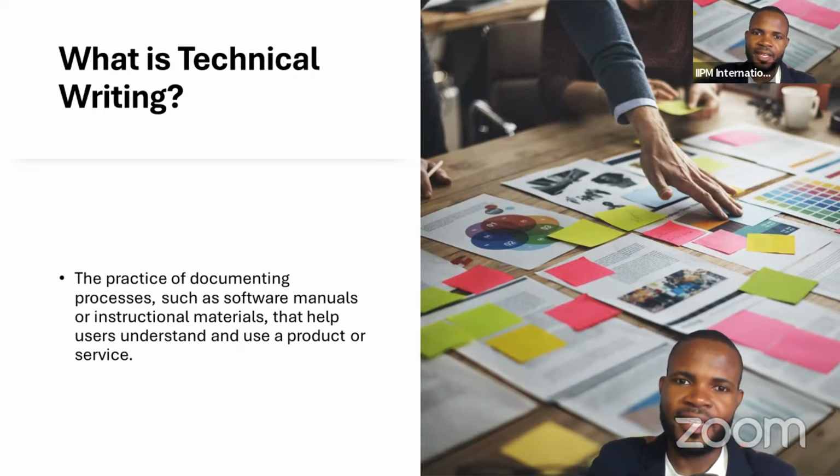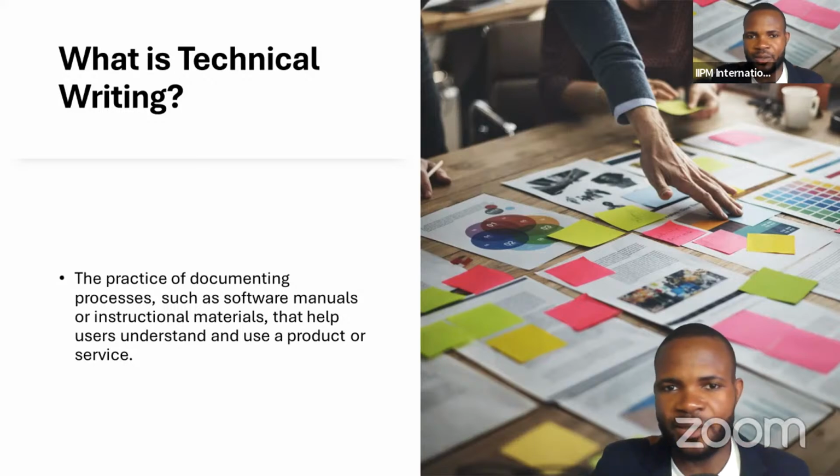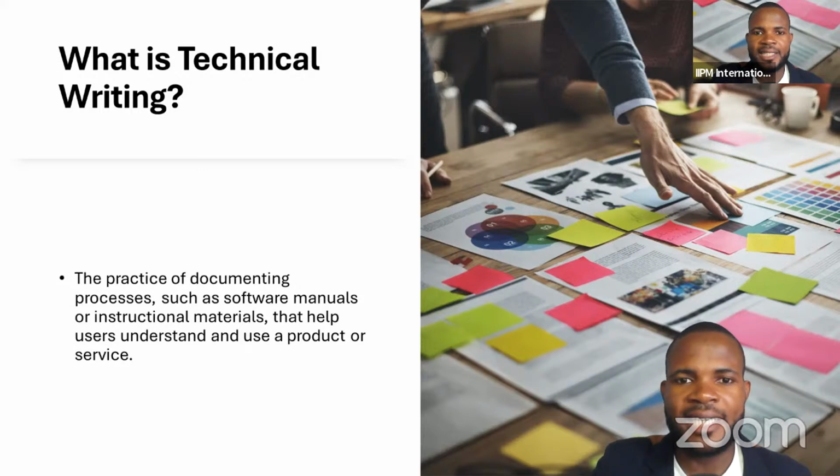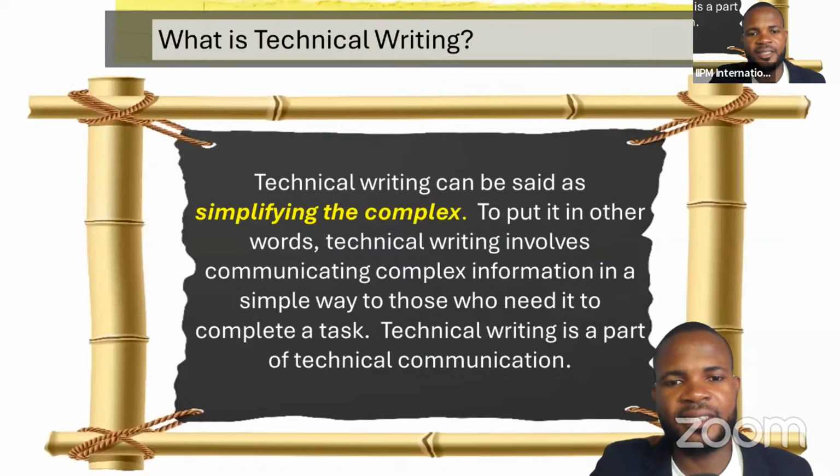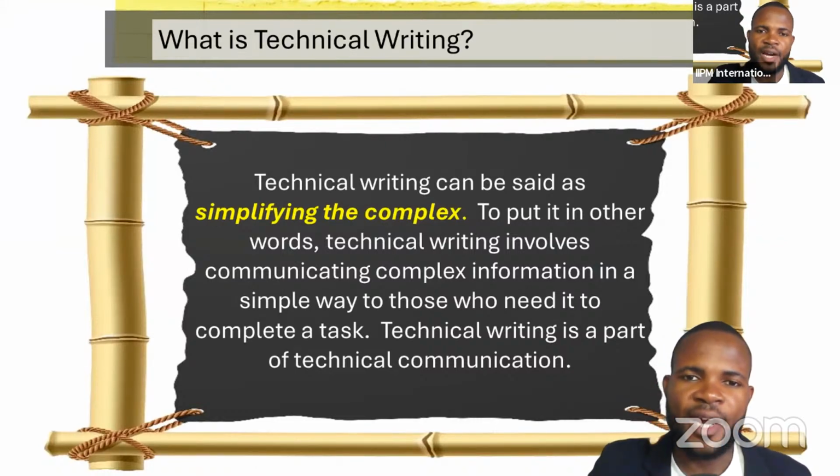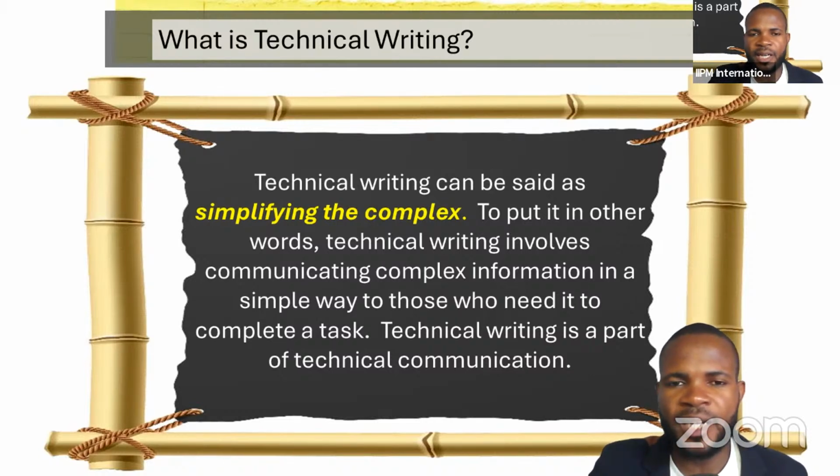Now, this is, in simple terms, what technical writing could mean. But if we move forward, we could actually see that technical writing is beyond products and services. Technical writing can be said as simplifying the complex. When communications become complex, it impairs understanding. So in technical writing, more of what we want to do is to simplify the complex communications and make them